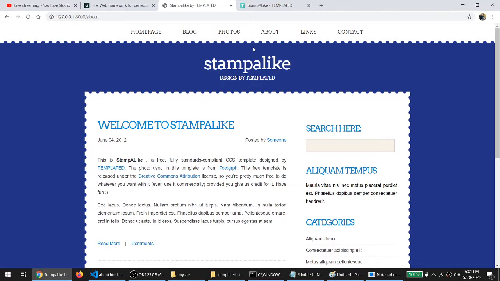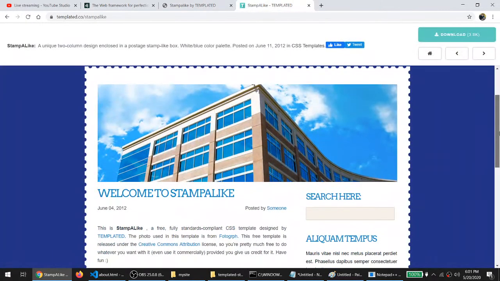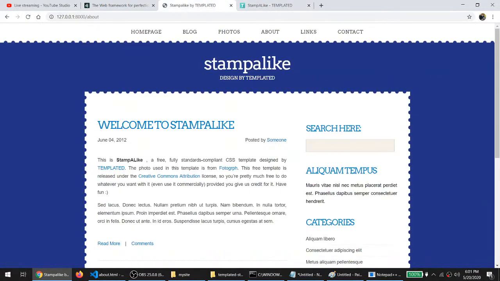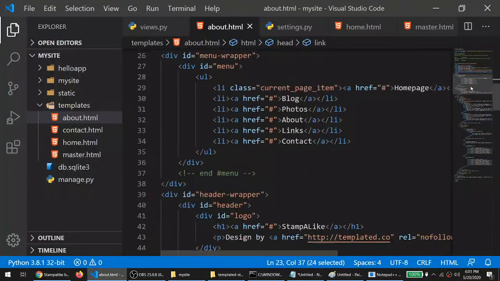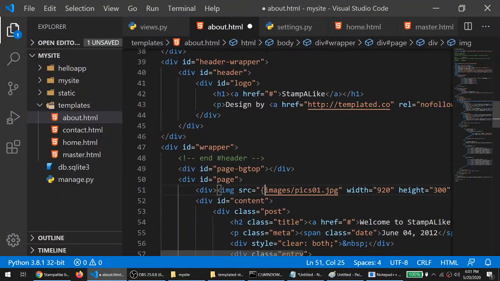But there is one problem. My image is not loaded successfully. If you visit your official template, the images are there, right? But here you can see the image is not loaded. Why? Because in the image, you have to change the path. So curly braces, percentage, static, single quotes, and static, percentage, curly braces.